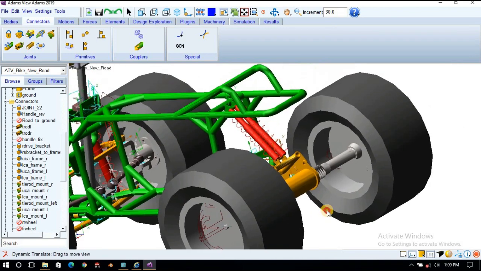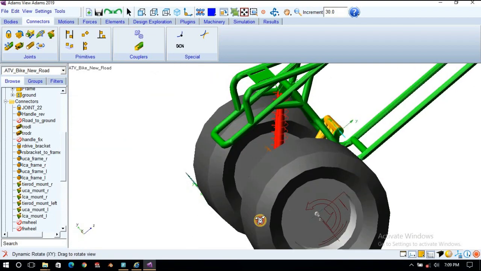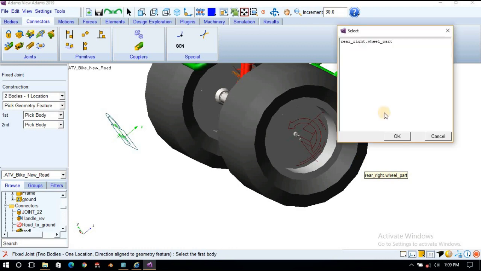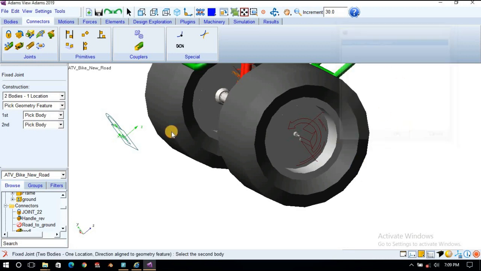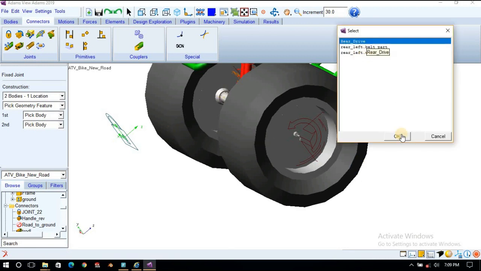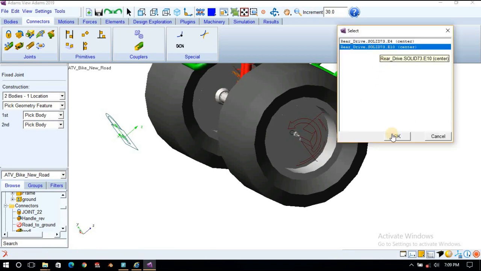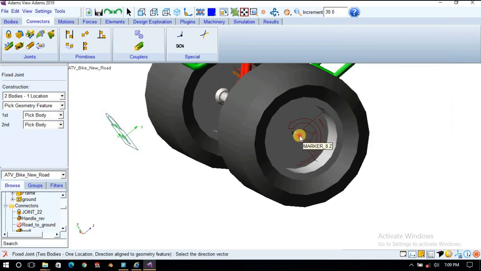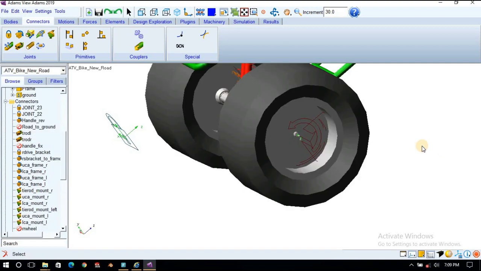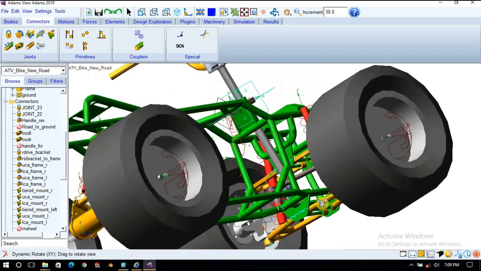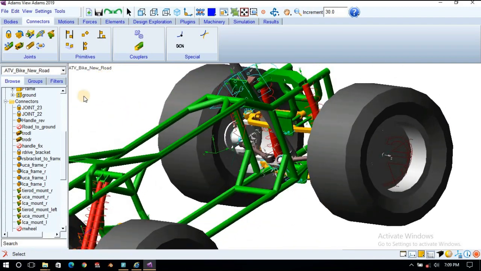Then same here, first body as a wheel, second body as a shaft. Location, okay, that's fine. Here we have to create revolute joints.